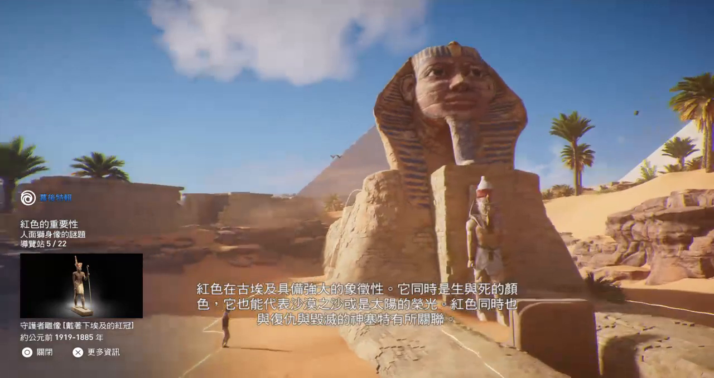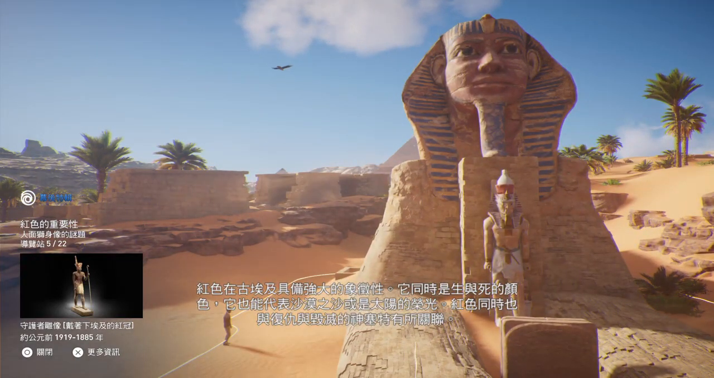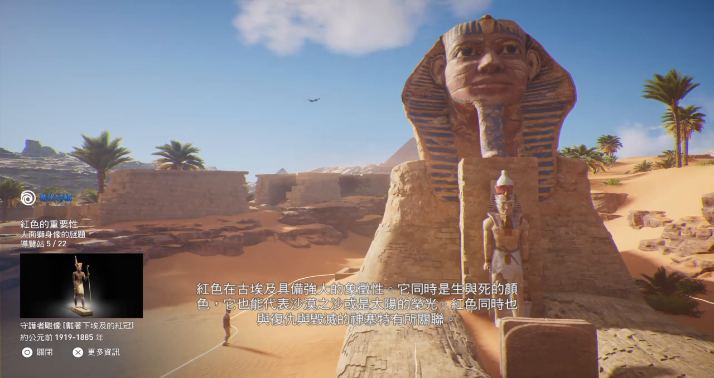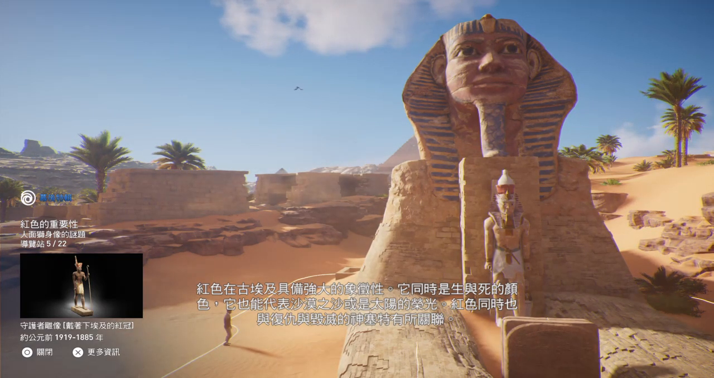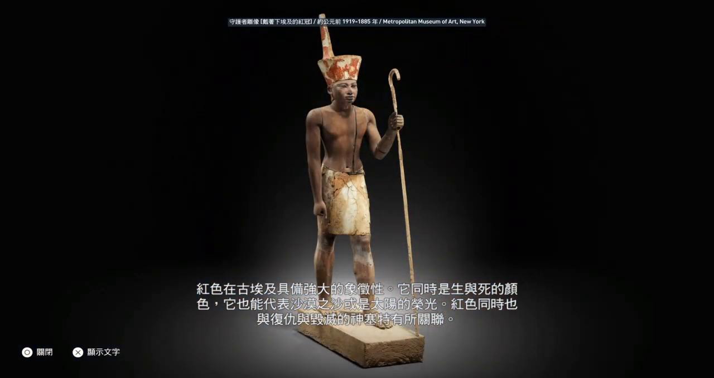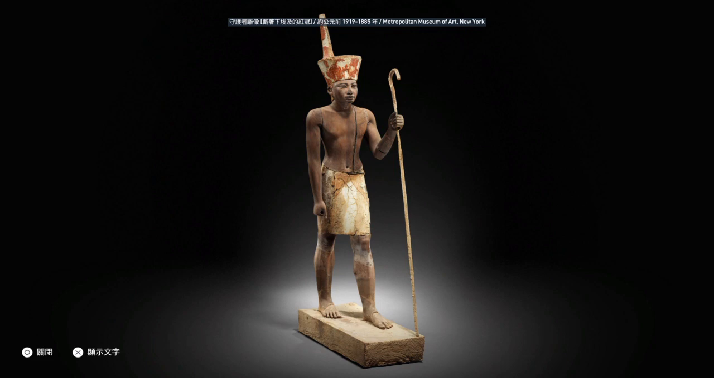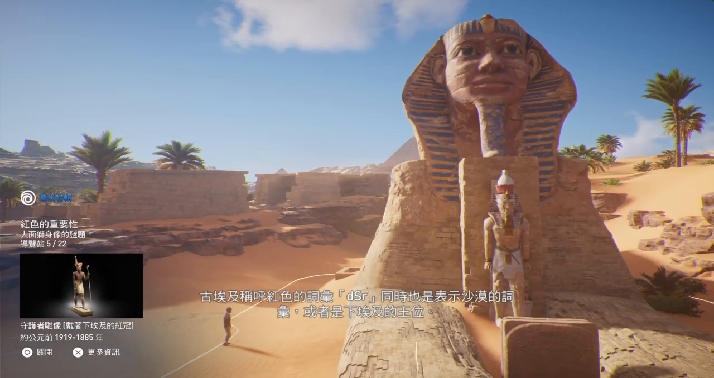Red had a strong symbolism in ancient Egypt. It was both the color of life and the color of death. It could represent the sands of the desert or the brilliance of the sun. Red was also associated with the god Seth, vengeful and destructive. The Egyptian word for red, Deshur, is also the word which was used to signify the desert, or the royal